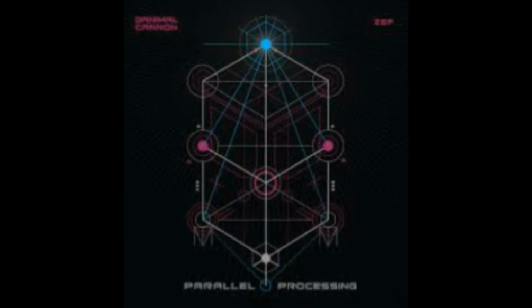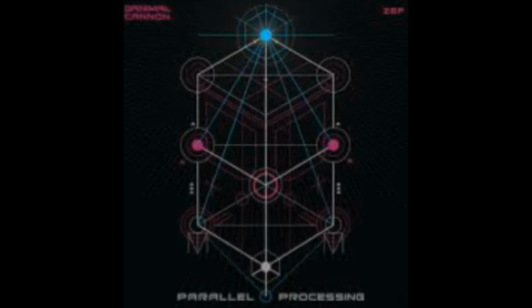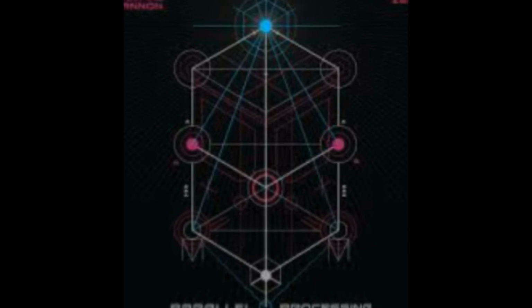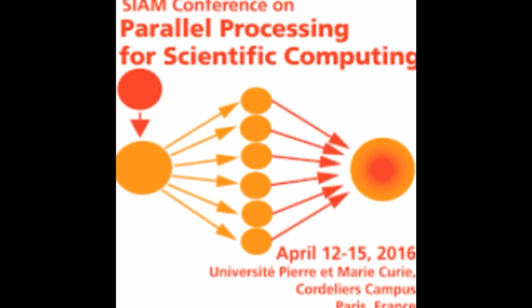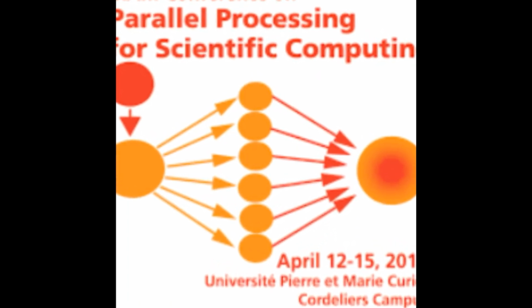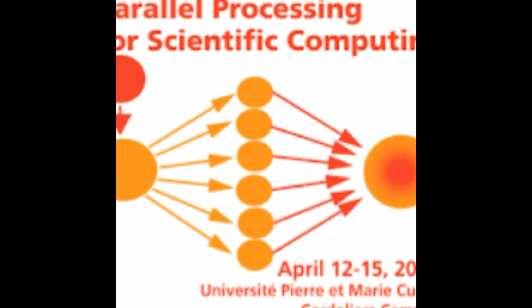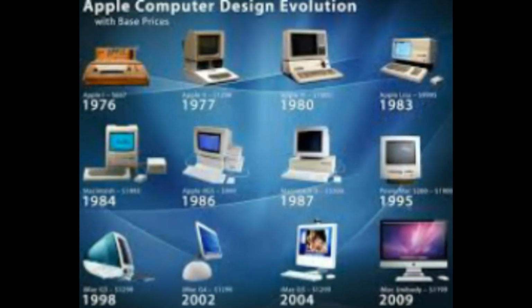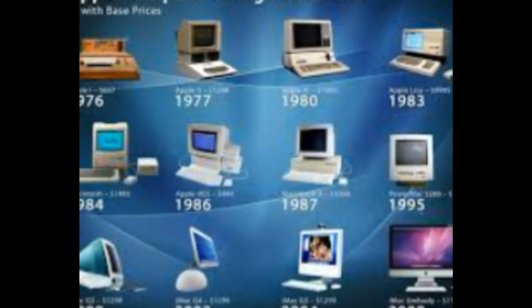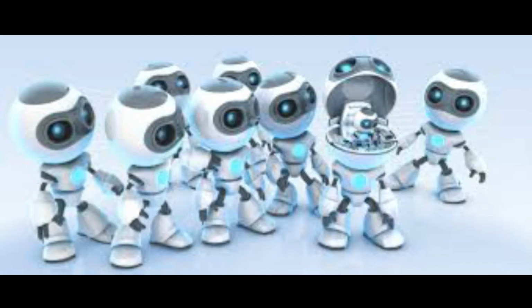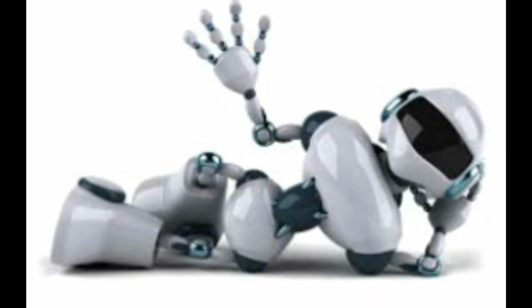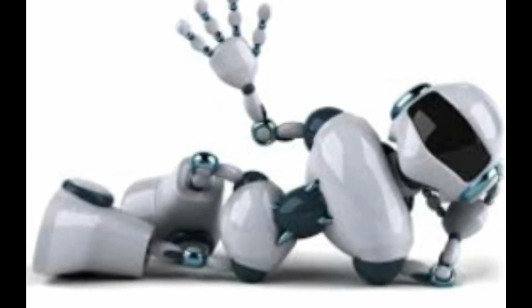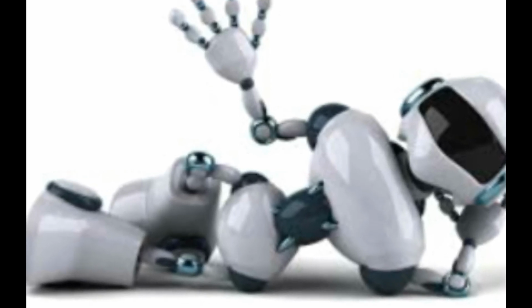What is parallel processing? Most computers today access and execute only one instruction at a time. This is called serial processing. However, a computer using parallel processing accesses several instructions at once and works on them at the same time through the use of multiple processing units. So guys, this was the history of the evolution of computers. Perhaps an age will come when many of our household work will be done by robots. But we have to be careful as we would not want robots to rule and control our lives.